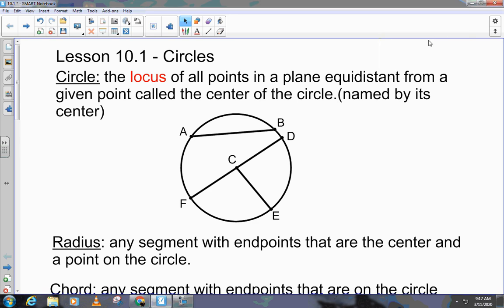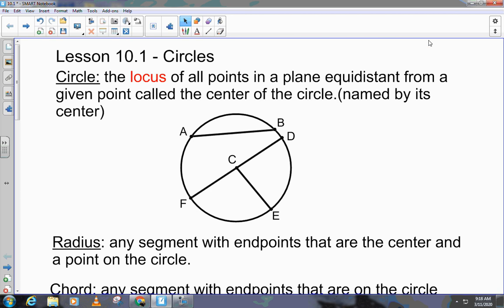So we are starting chapter 10. It's kind of a long chapter, about 8 sections, and it deals with circles, which is nice because it kind of leads us up to Pi Day on Friday. A circle is the locus, which is kind of the location, okay, of all points in a plane equidistant from